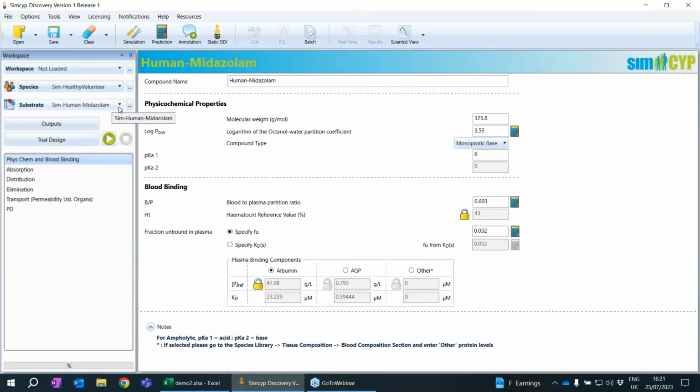So by default, you have a midazolam file available for each of these species. So that model is there. And this is the FISChem and the blood binding parameters screen. So here you input your FISChem parameters, and wherever you see this kind of calculator icon, if you click